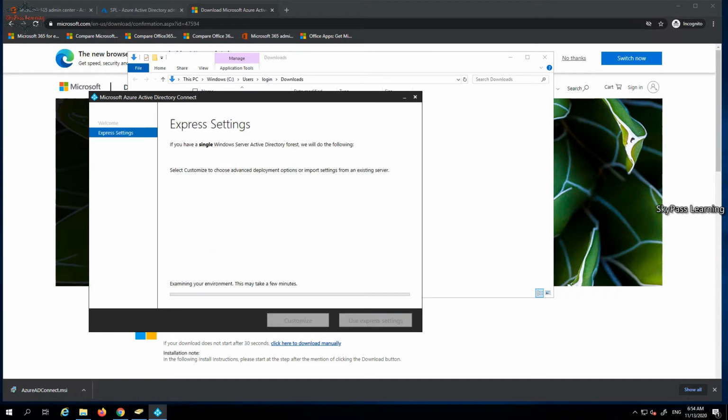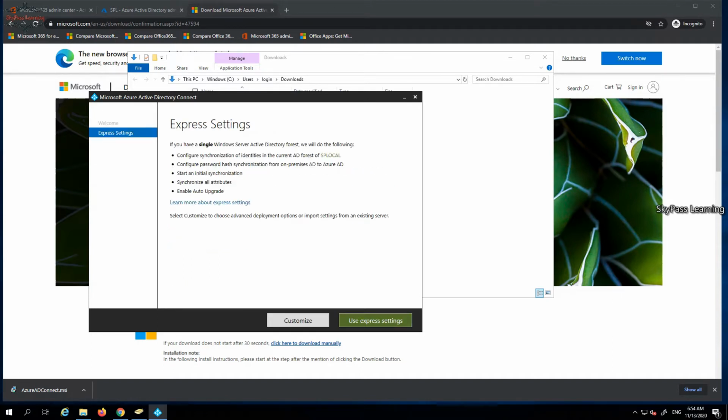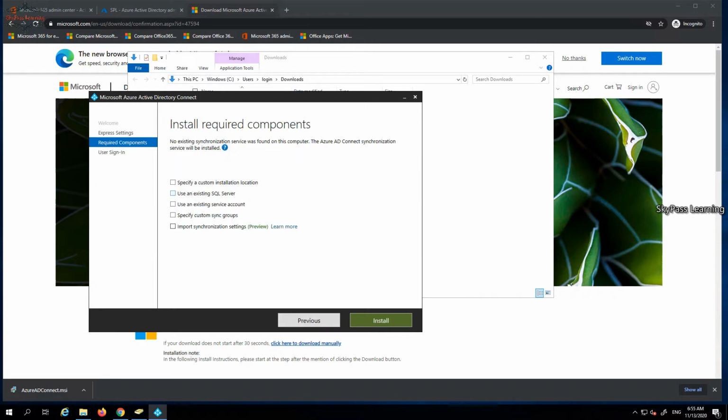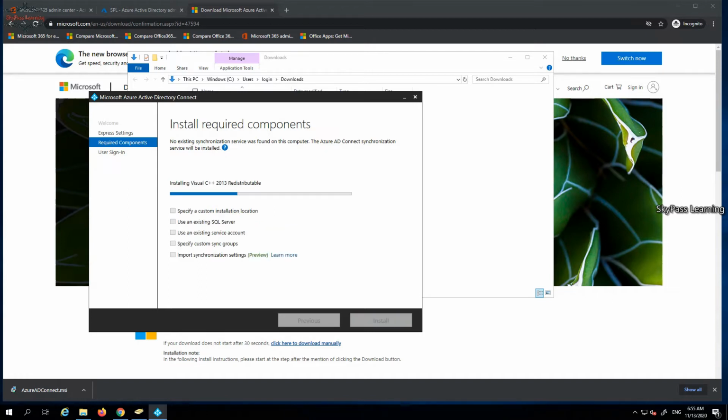It asks me to customize the settings or use the express settings. In customize, you can specify if you want to use an existing SQL server, since it requires an SQL database to install. You can choose customization, or you can simply go ahead and install it. So we'll start installing SQL Express as a local server database. If you want to put it on a different SQL server, you can do that also.